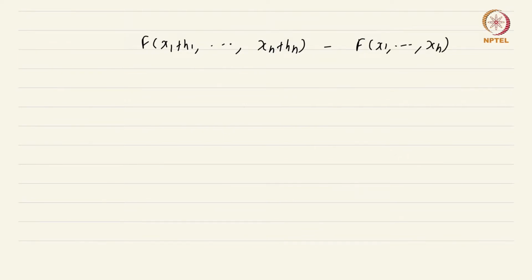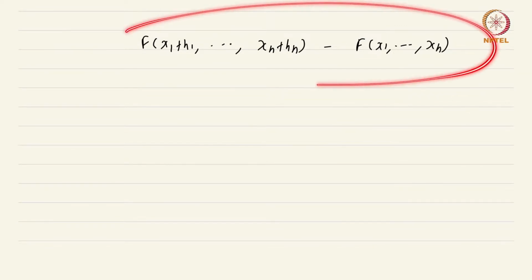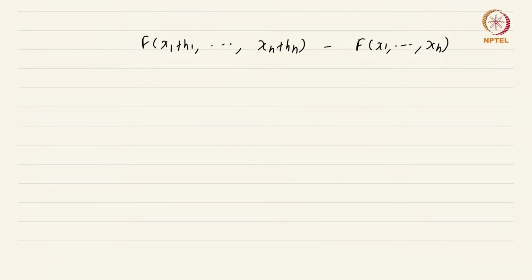Now some time ago we established that a scalar valued function of a vector variable is differentiable if the partial derivatives exist and are continuous. During the course of that proof, we had actually considered this difference, and we know that this difference is equal to h1 d1 of f of c1, x2 plus h2, up to xn plus hn, plus dot dot dot hn